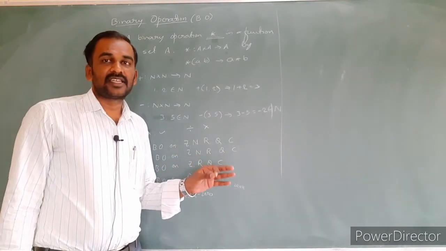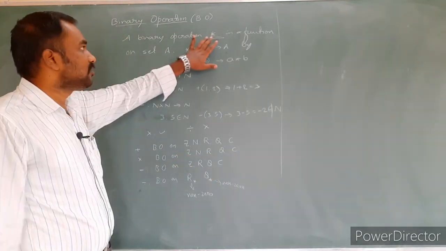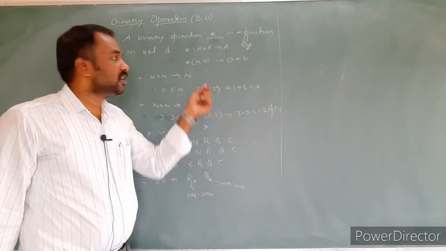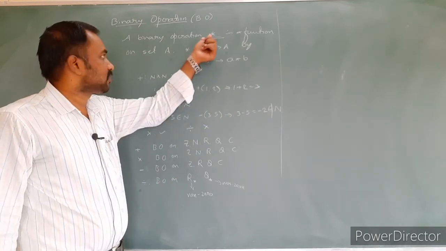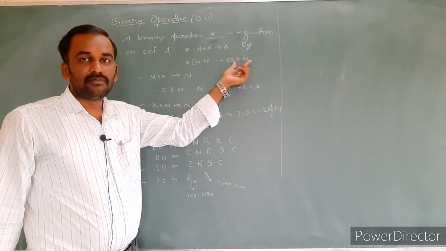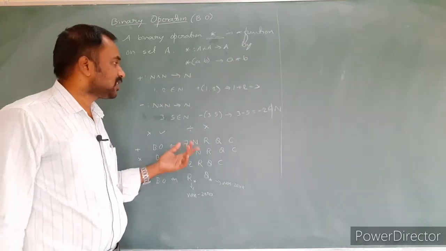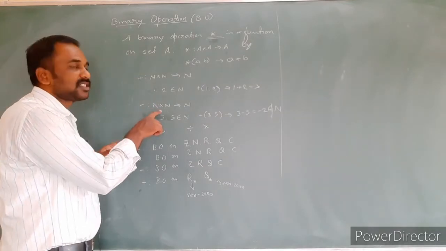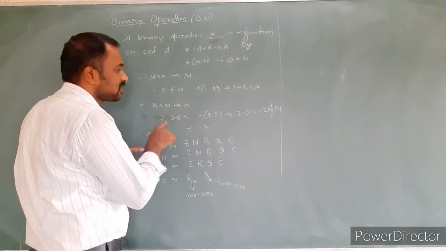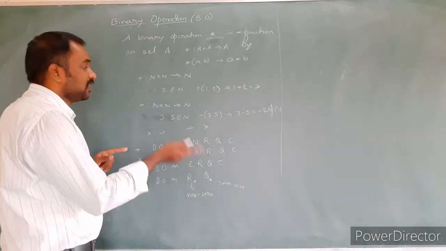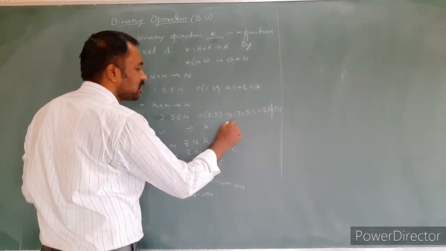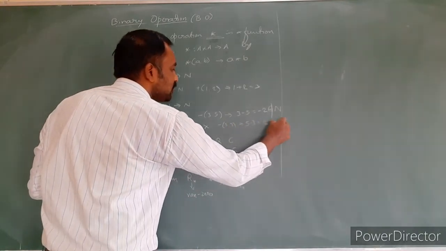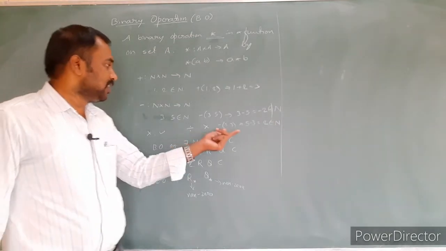How do we decide whether a given star is a function, that is, a binary operation or not? After operating with respect to the given function, the resultant number should belong to the given set. Then we can say that it is a binary operation, otherwise it is not. Here is a particular example on the set of natural numbers. Subtraction is not a binary operation because of this. Suppose I take 3 minus pi... in the reverse way, pi minus 3 is equal to 2. Yes, obviously it belongs to the natural numbers, but the reverse does not.